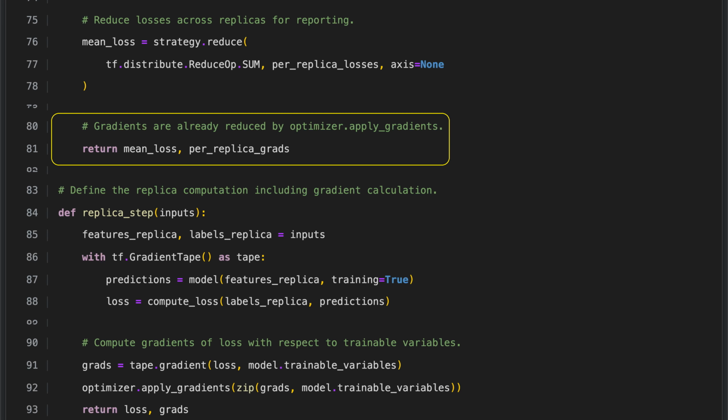This function returns two outputs: the mean loss and the gradients from each replica in a distributed setup. The mean loss is computed by averaging the individual losses across all replicas so that it reflects the overall performance of the system. The gradients have already been synchronized across replicas by the optimizer's gradient application step, so they can be returned directly. This design ensures that both the reported loss and the gradients are consistent and ready for further